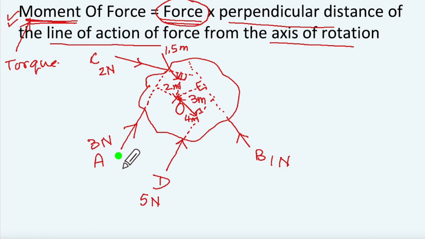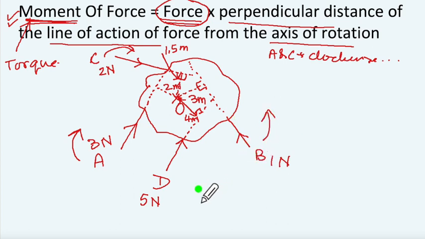So you will see here A is going to act along this direction, so it is going to make it rotate this way, which means clockwise. This one is going to make it rotate this way, again clockwise. So you will have A and C giving clockwise rotation, and your B is going to make it rotate this way, so that is anti-clockwise, and D is also going to rotate this way. So your B and D, they are going to rotate it anti-clockwise.